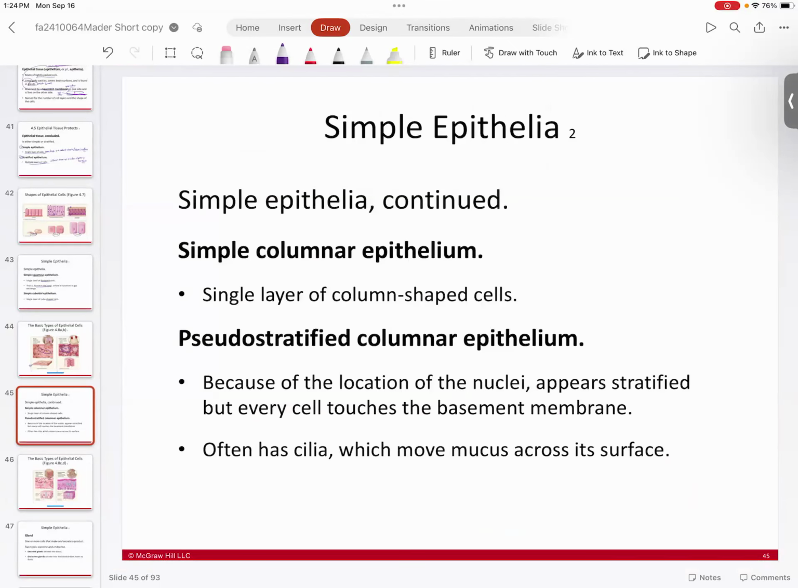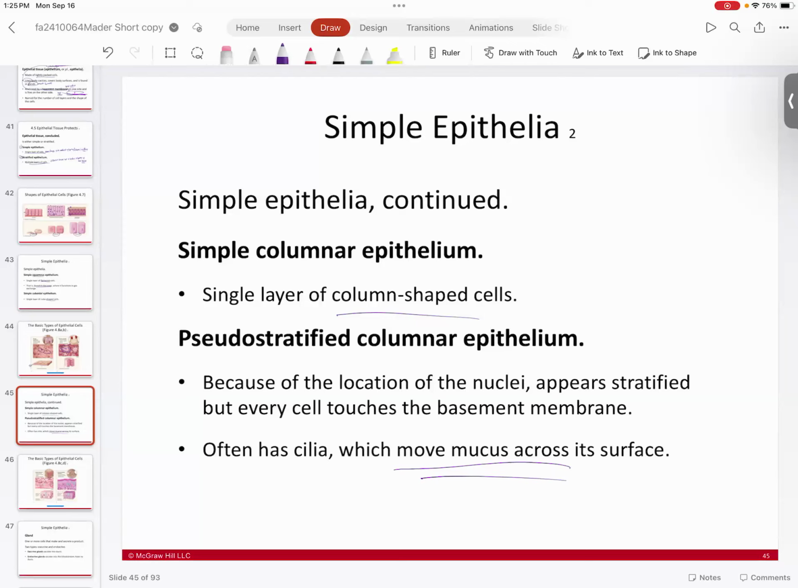Then you also have simple columnar. So basically a single layer of column-shaped, rectangular-like cells. And then, of course, our pseudostratified ciliated columnar, which we saw before. This one's important because on the apical surface, you'll have cilia that sweep mucus across the surface. Matter of fact, this is what your respiratory tract is covered in. Your trachea is covered in pseudostratified